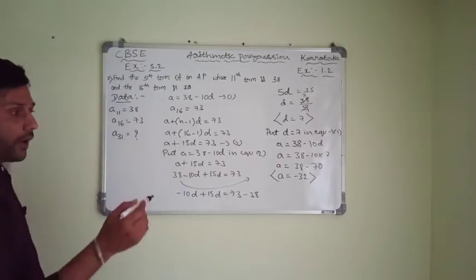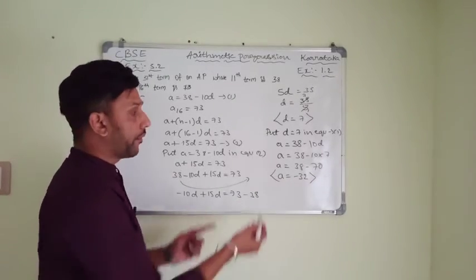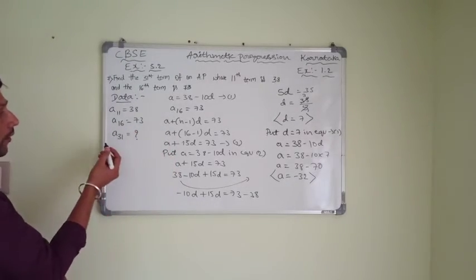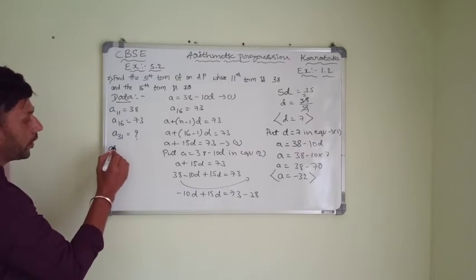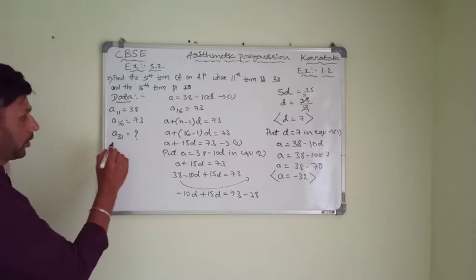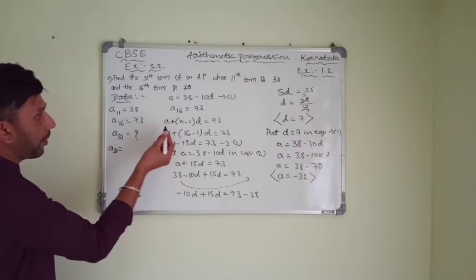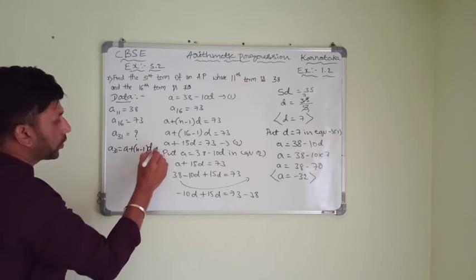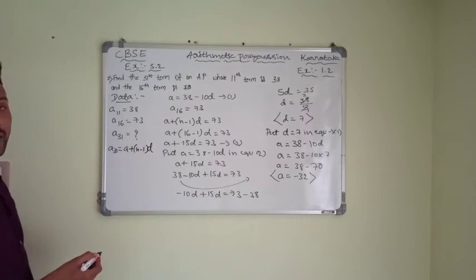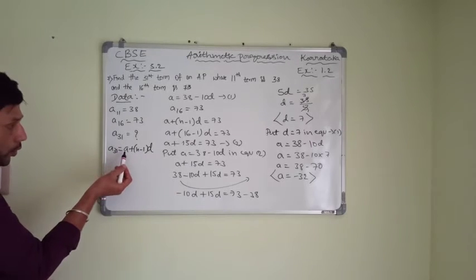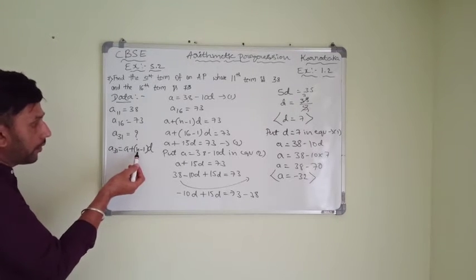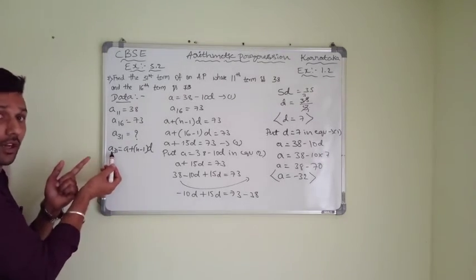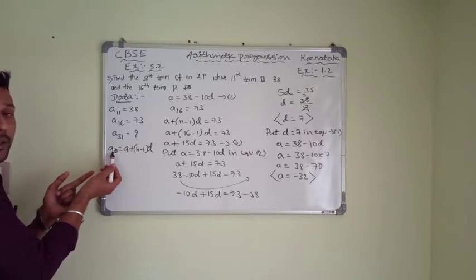d is 7. Now why do we need the a value and d value here? Because to find the 31st term. Now what is the formula to find the 31st term? Now a 31st formula will be the same as how you have written before: a plus n minus 1 into d. This is the formula to find the 31st term. Just observe here: you need a value, d value and n value to find the 31st. What is the n value here? n is nothing but the 31st term, that only you are finding. So n value will be 31.